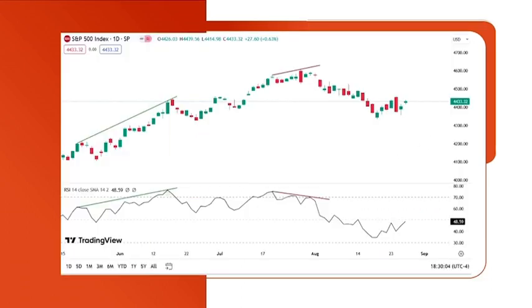So here we are. You can see that here we have the price, which is going up. Okay, you can see the market is basically making higher highs and higher lows. And you can also see here that the RSI is also going up. In other words, this is converging with price. So it means that at the moment it's in agreement with price, which means that the market may continue to